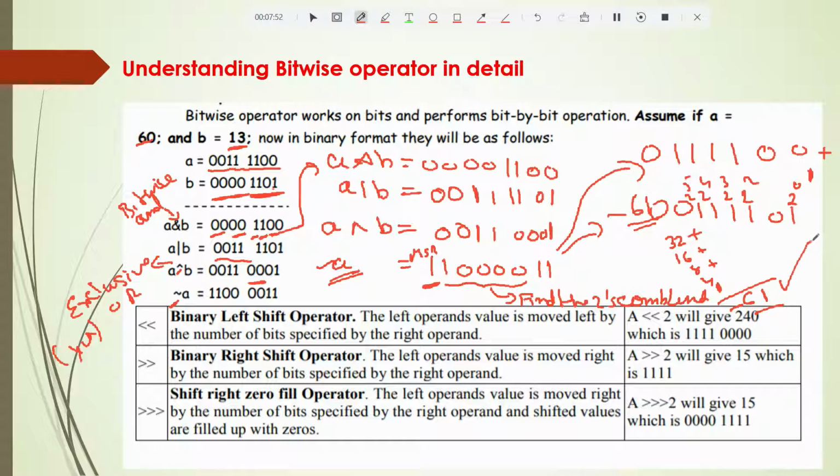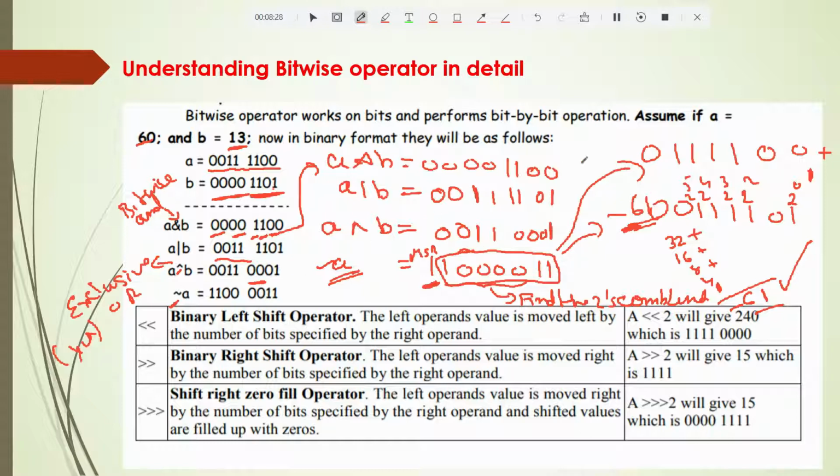If anybody asks how you get negative, it is because if you complement A you get this. But if you try to find it through the normal method, you will get some other answer. In your compiler it will show minus 61, so you will get confused. What is actually happening is that if your most significant bit is 1, it flips the remaining bits and adds 1, that is, it finds the twos complement of the number, whichever I have put the rectangle on. That is how it finds, and this applies for all the numbers.